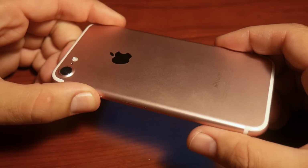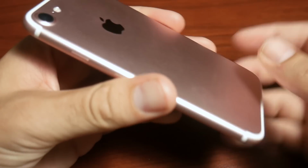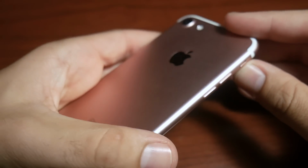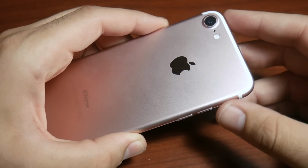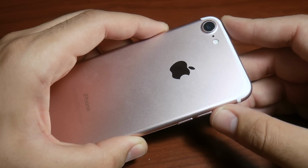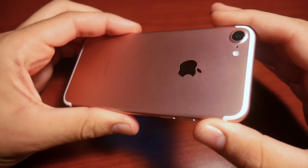So I think it's held up well in design, and it's, you know, true Apple design. It's going to be quality. It's going to last throughout the years. Just know that this one is very quickly going to look like yesteryear's phone once the iPhone 8 releases. If you're asking yourself, should you buy the iPhone 7 in terms of the body and the build durability,